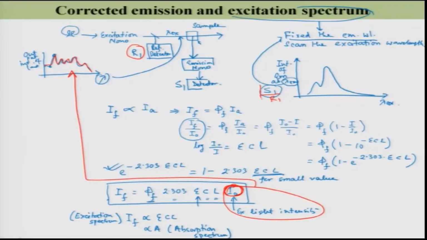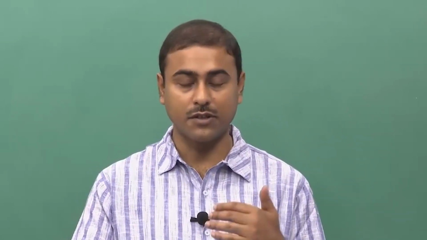Please note that whenever you measure an excitation spectrum, this is important, because if the absorption spectrum and excitation spectrum are the same, it means that there is no structure change, no reaction taking place in the excited state. If they are different, that means there is a change in the structure of the molecule in the excited state. So, every time we need to perform this excitation spectrum and see whether it is the same as the absorption spectrum,